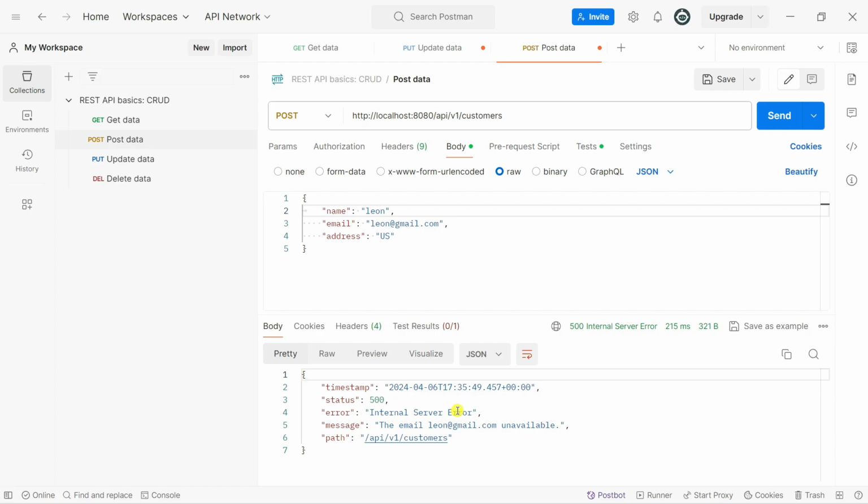This status code is the exception from Spring. We don't want this. What we want is to respond with a better status code related to our business exception that we return back to the client. Let's move on and implement a better status code for our business exception.